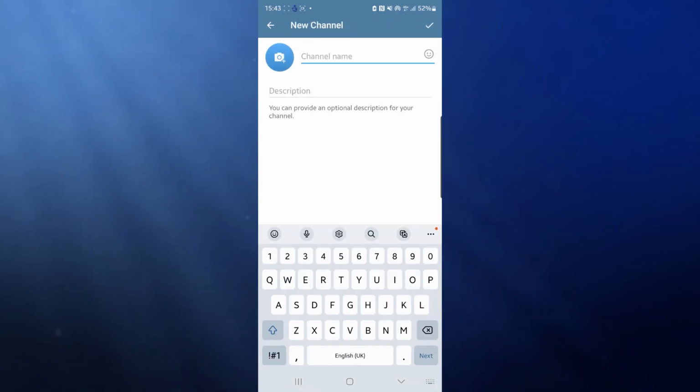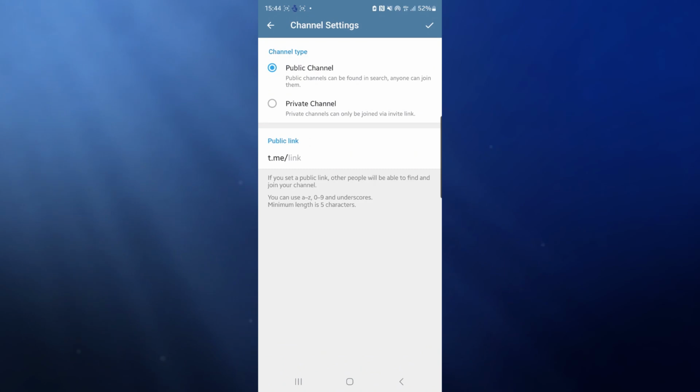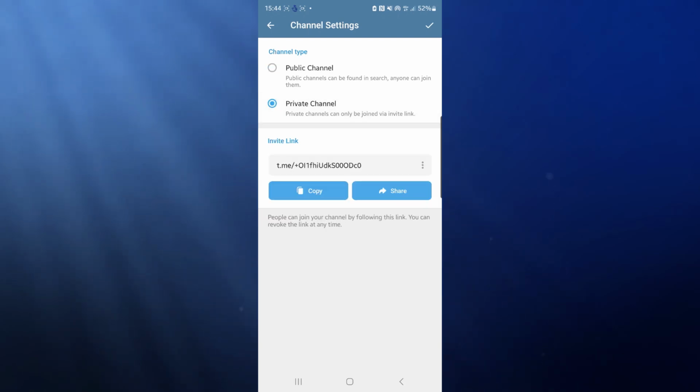Once we do this, you can then enter in a channel name, so I will just put in tutorial, click on the tick in the top right hand corner, and then that will bring you to here where we now need to select private channel. Now this is very important because if you leave it public, you won't be able to create a paid channel because people will just be able to join. So make sure you do a private channel right here, and then click on the tick icon in the top